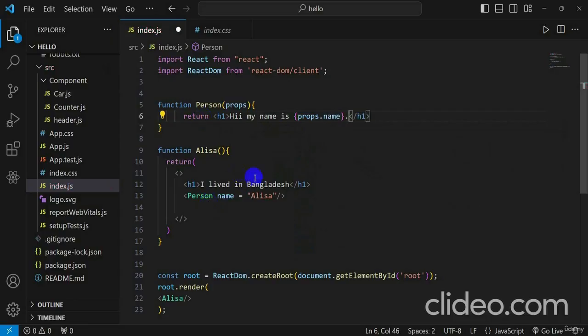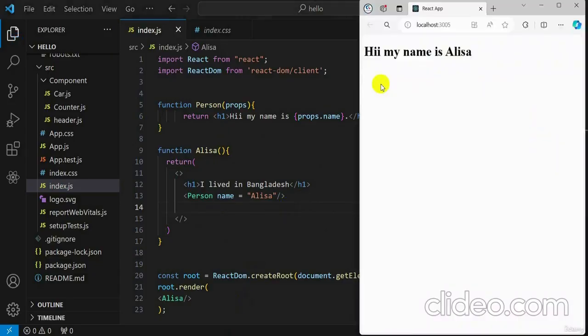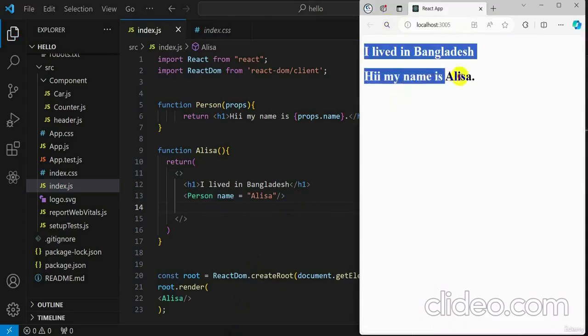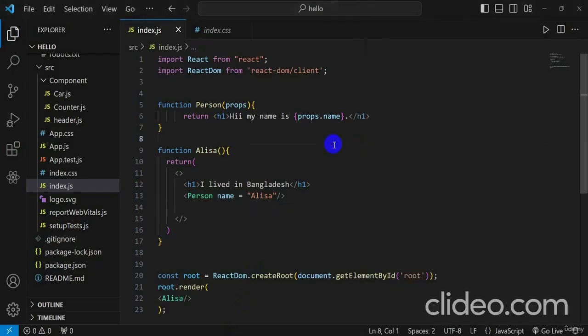Okay, and here it is inserted, and now I save this code again. Okay, I go to my web browser, and here the printed result is perfectly working. Okay, I lived in Bangladesh and my name is Alisa. Okay, so this code works perfectly, and now I'm going to the props, and here